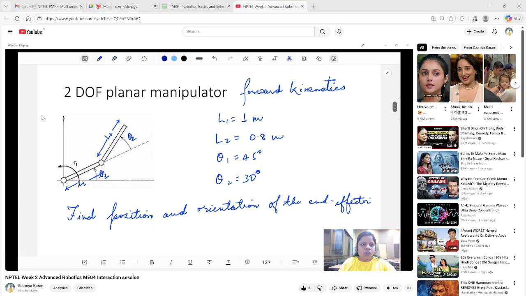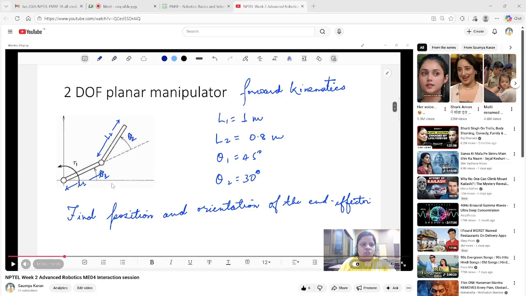We define the link lengths and the two angles. Let's say the length of the first link is L1 and the length of the second link is L2, and both of them have angles theta, which they make with the horizontal axis. Here it is theta 1 and here it is theta 2 with respect to the first link. Everything that we care about is with respect to the link preceding it.